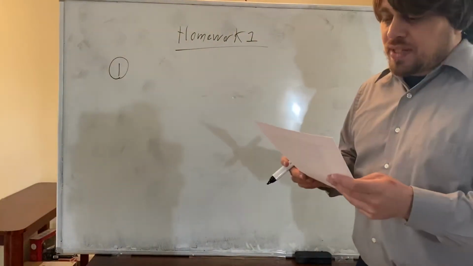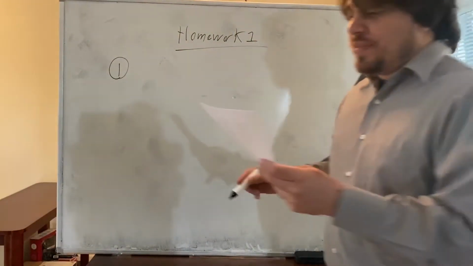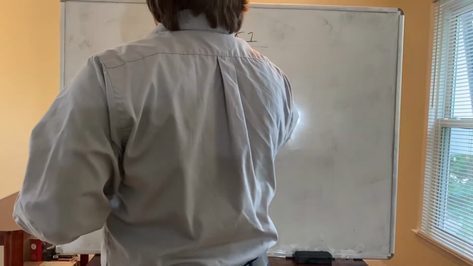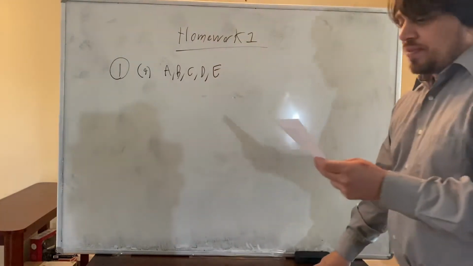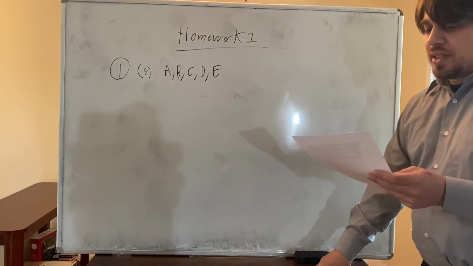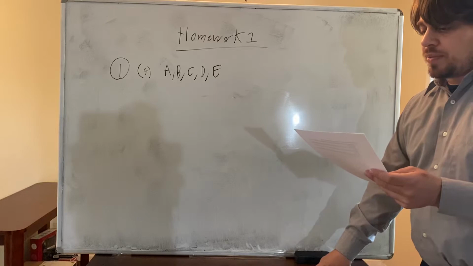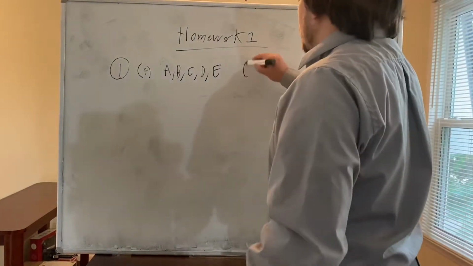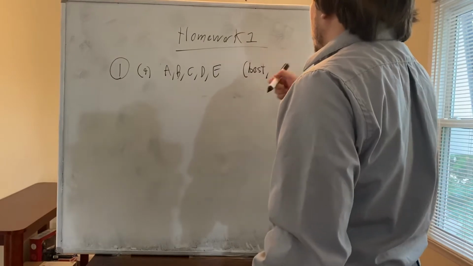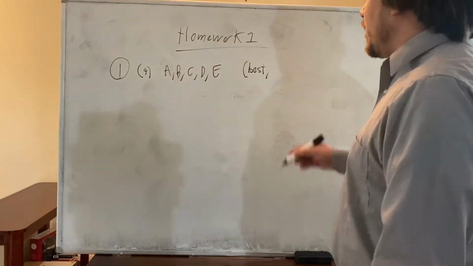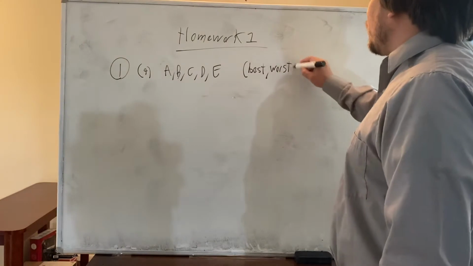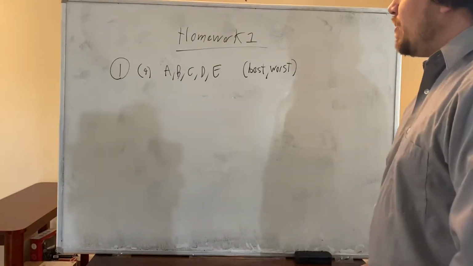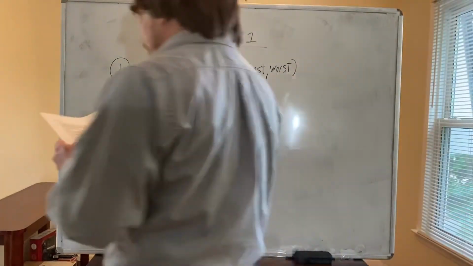Define a sample space S for each of the following experiments. So for A, there's 5 types of coffee: A, B, C, D, E. Those are the 5 labels. And so a best tasting and worst tasting brand are to be chosen, and the labels are to be recorded. So let's say we put the best tasting one in the first coordinate of an ordered pair, and I put the label for the worst tasting one as the second number of an ordered pair. Then capital S,